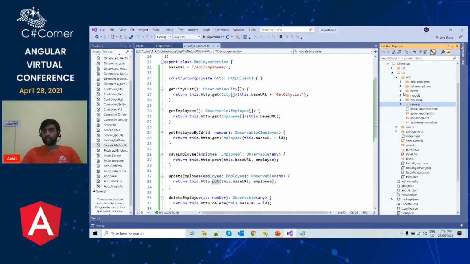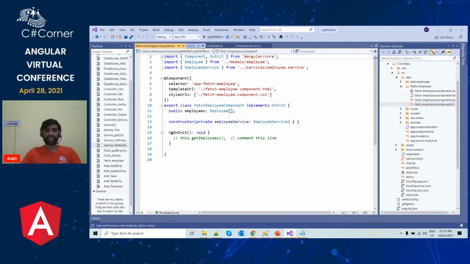Next step is to go to the fetch employee component. So what is happening in fetch employee component? Let us understand this. Let me close this too and open the HTML part also. The fetch employee component is used to fetch the list of employees from our backend, and then it will be displayed on the UI in a tabular manner. And for each employee, we are going to show edit and delete button also. In this particular component, we will handle the fetching of employee from backend and deleting a particular employee data. These two things will be handled by this particular component.